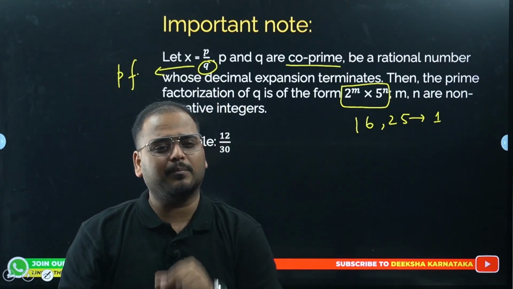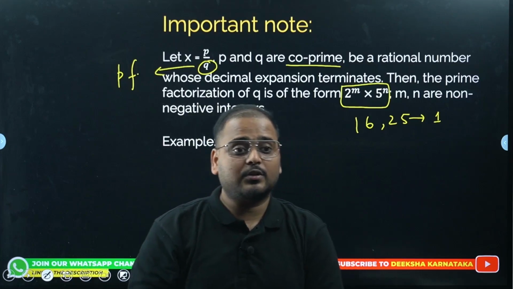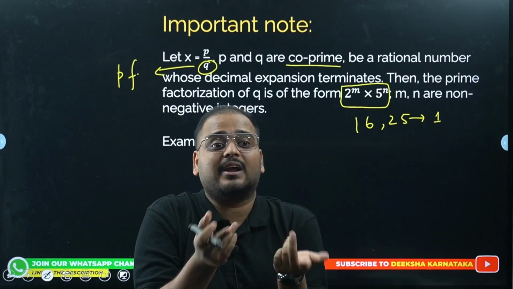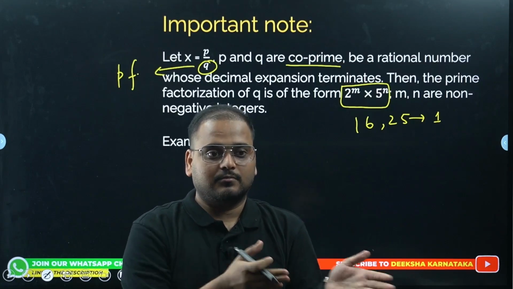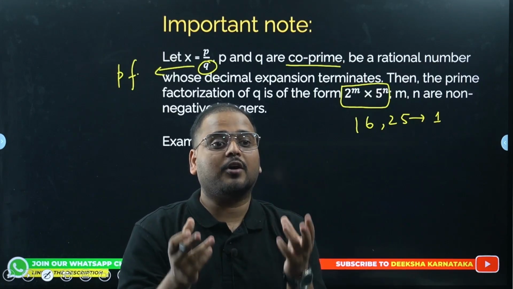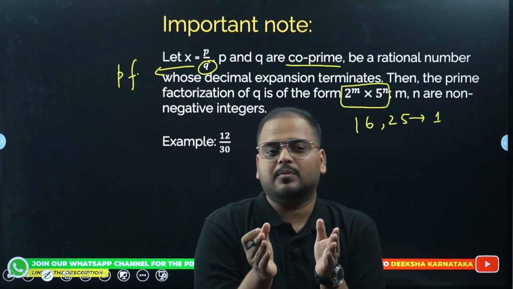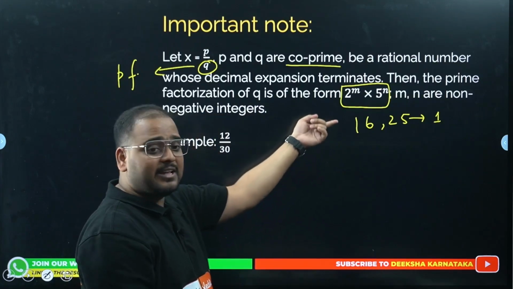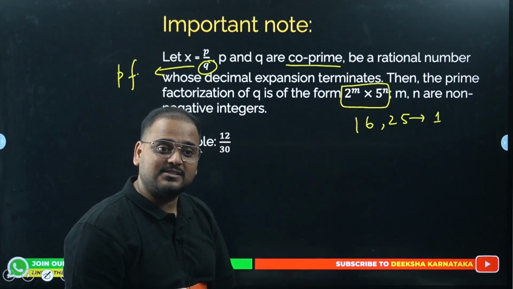They will give you a whole number, a natural number, and they'll say, tell me why or whether this will end with 0 or 5 or not. So we can take some numbers which are ending with 0 and 5 and justify that actually in their expansion 2 and 5 exist.